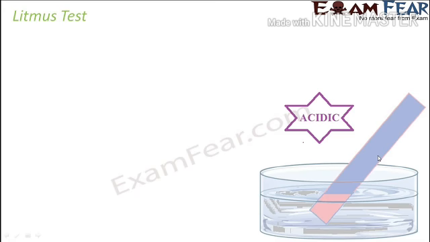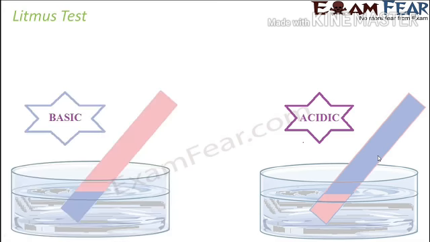On the other hand, if we want to test a basic solution, we use a red litmus paper so that it turns blue. So for a basic solution, B for basic, B for blue. So in basic solutions, the color changes into blue. So this is a very simple test, and this is also very convenient because you just have strips of litmus papers, you use them, put it into a solution and get the result. So it is quite simple.